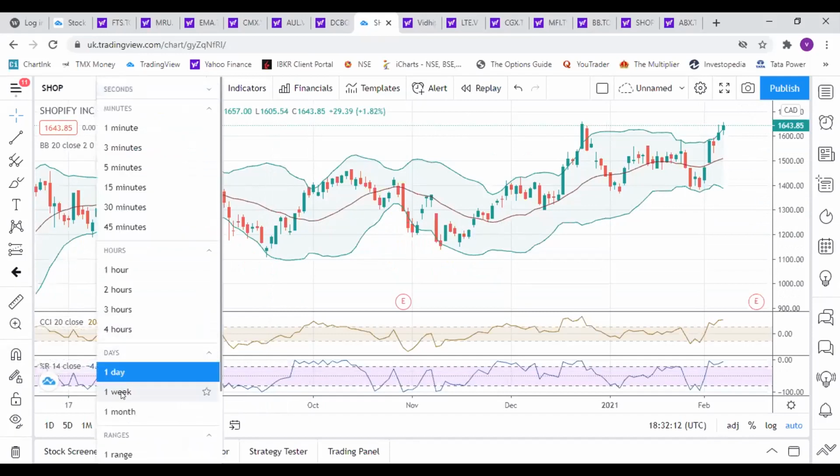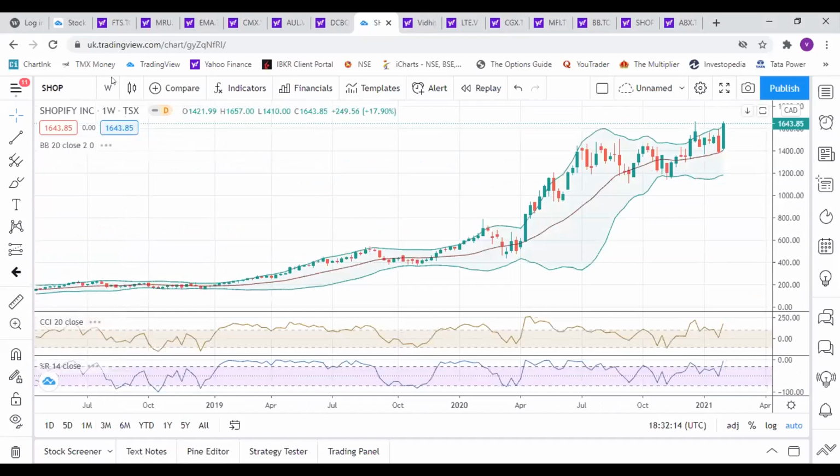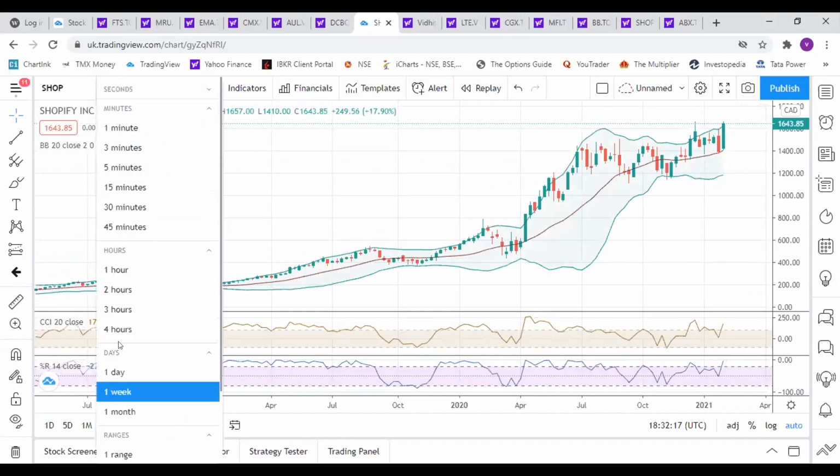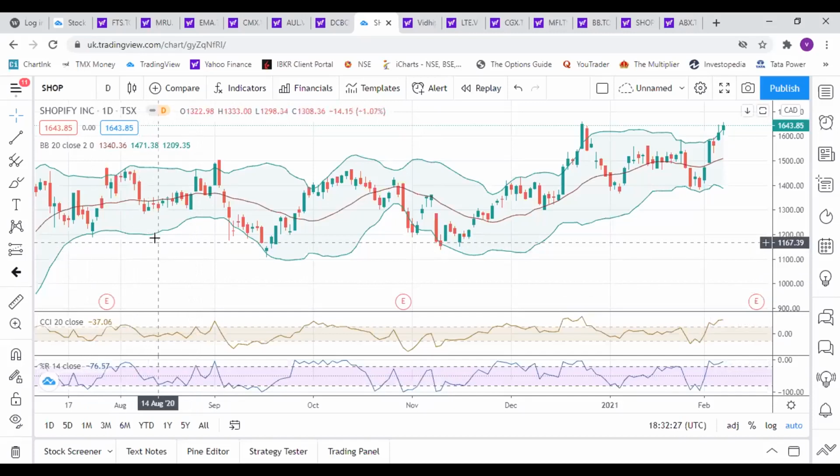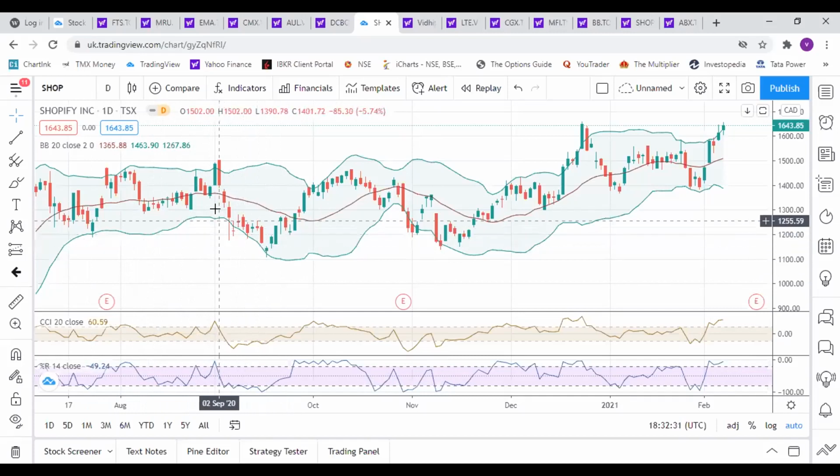I convert this to a weekly chart. Now, let me first show you on a day chart over here. Since I cannot add more indicators, I only added Williams %R and RSI. No volume, no double EMA. Where were we? We were talking about September. We crossed over here, 3rd September we crossed over. 36 is what he talks of.